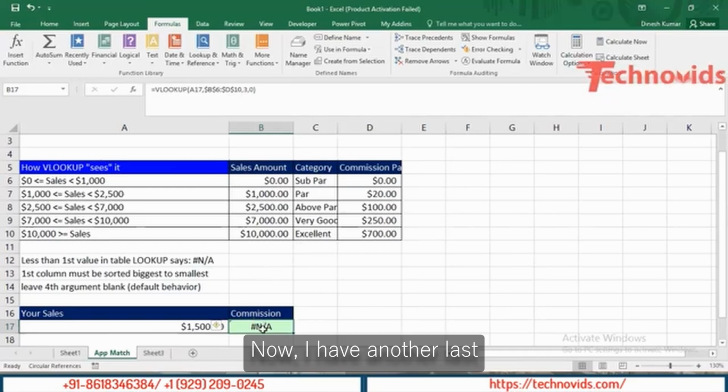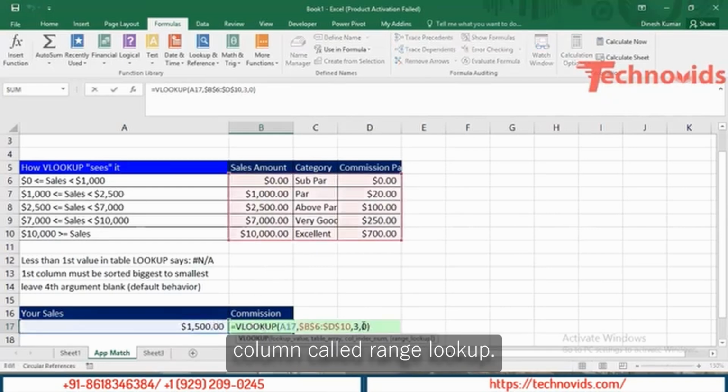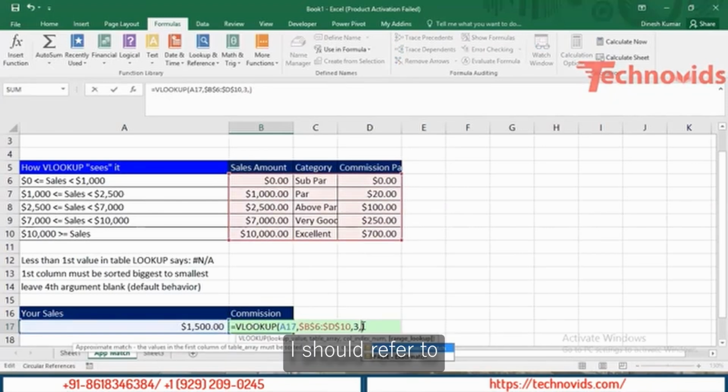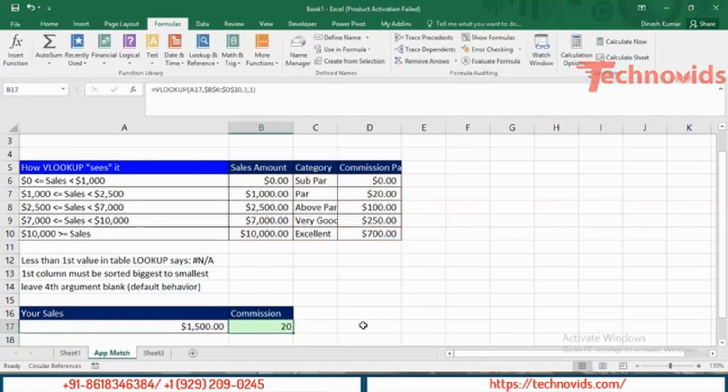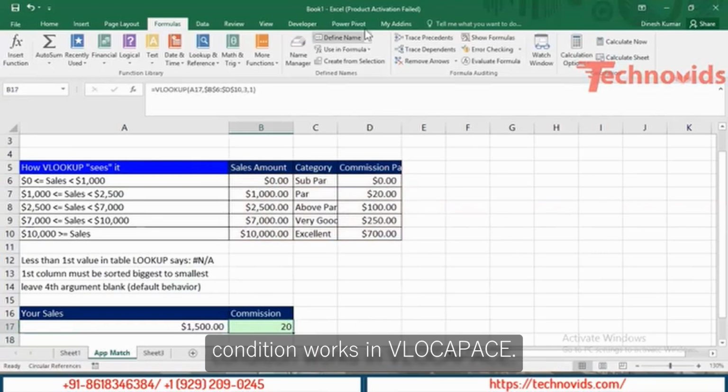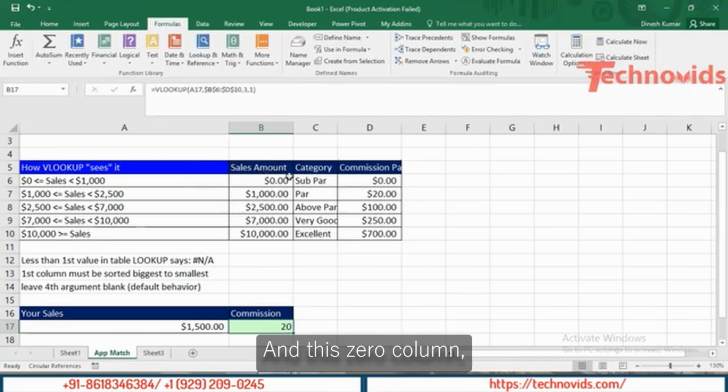Now I have another last column called range lookup, right? In this case, I should not be referring to exact match. I should refer to approximate match condition, that is true or 1. I give 1 here and say enter, it gives you a 20. How approximate match condition works in VLOOKUP is, it starts from the top of the database, and this 0